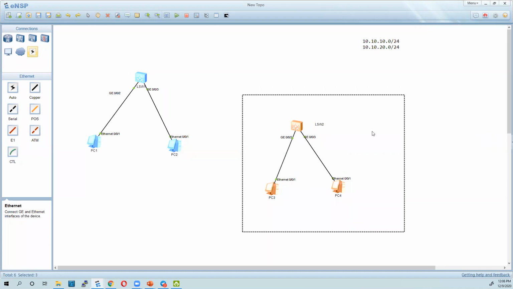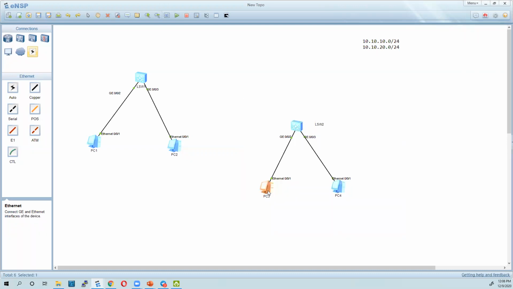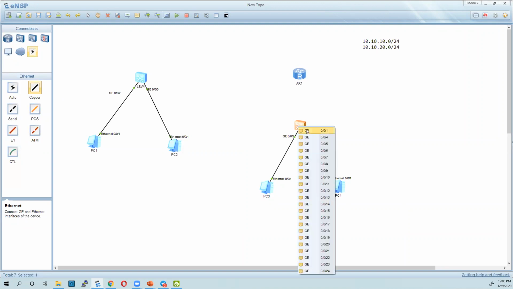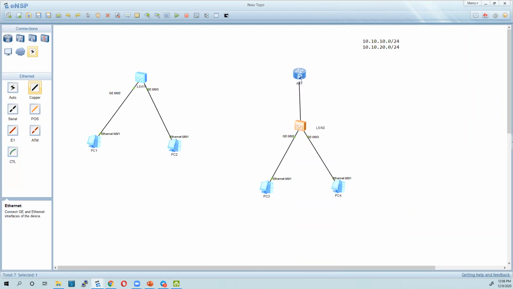Okay. So now, since this is just a layer 2 switch, it doesn't have that VLAN interface stuff. What we are going to do is connect a layer 3 device to it. All the routing will be done by the layer 3 device. We are going to connect this port, which is going to be a trunk port, to that port on the router. Let me start up this router. The routing will be done by the router.